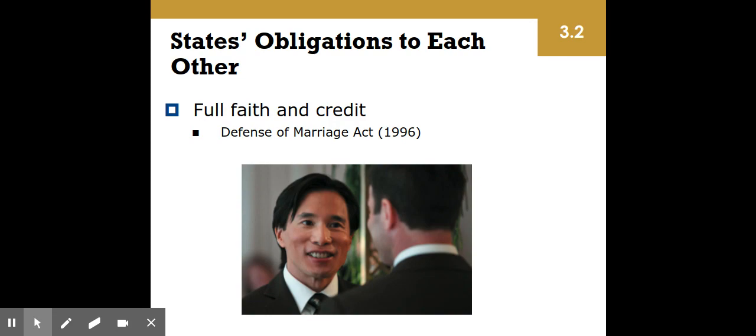In other words, if you get a driver's license and you're driving across the country, you don't have to get a new license in every state that you go through. You do if you are moving to that state, but otherwise our papers, our recognitions, all those other kinds of things, if we're just traveling through, we don't have to get new sets each time.